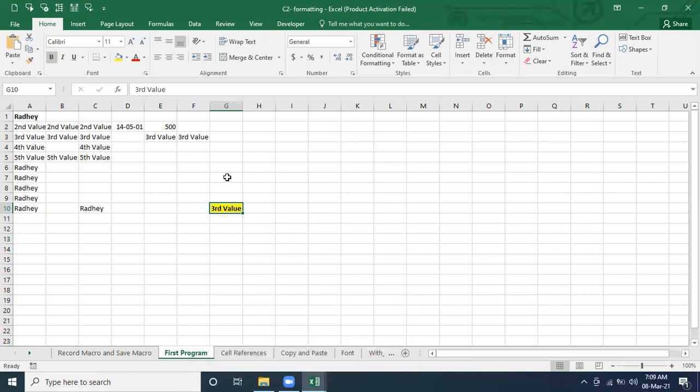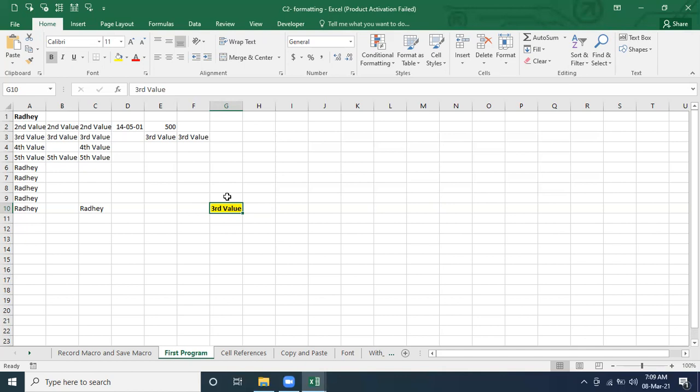Don't know what the top third cell reference is. Let's say you don't know it by name; you identify that the third value is there. With respect to this, we want to pass the value to this cell, the top third. So what is the offset with respect to this? It's -3. First you have to identify for the rows.